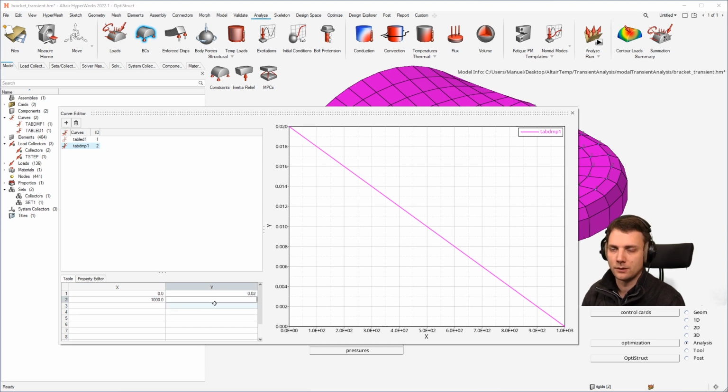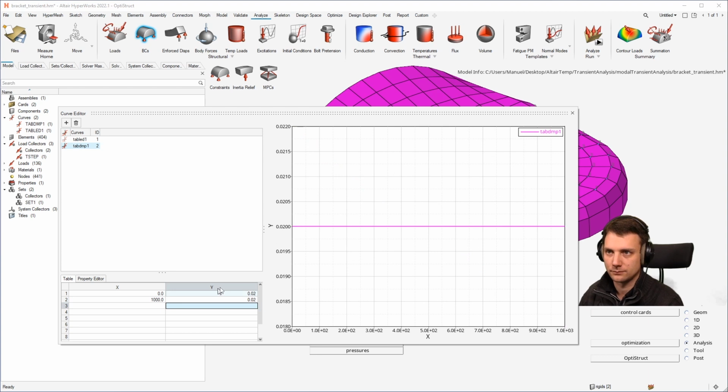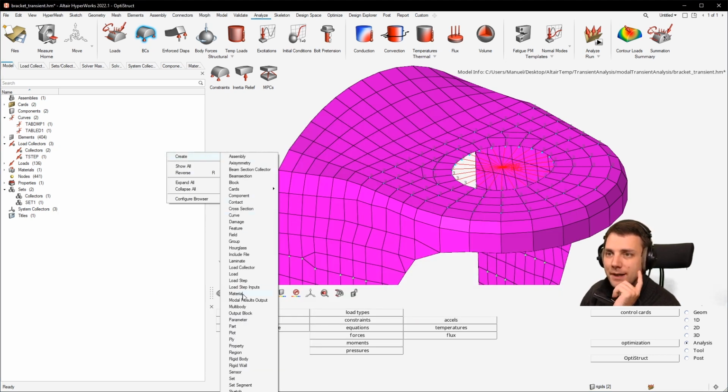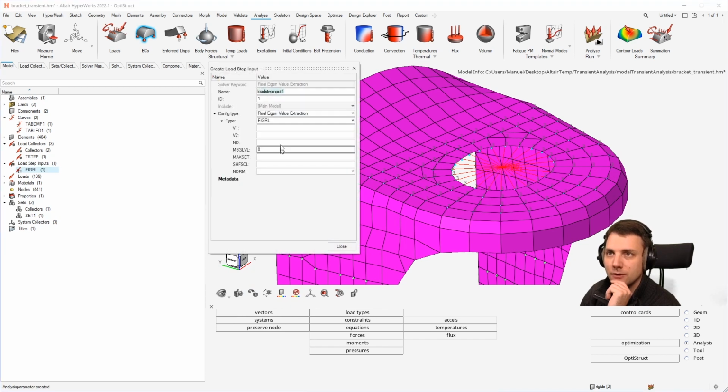So 0.02. So this is the damping. So basically what that's doing, it's populating here the frequency and damping values from 0 to 1000 Hertz, you have the damping to be 0.02. That's it. All right, then for the modal analysis, we would want to have another load step input because